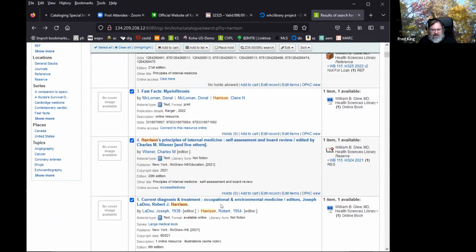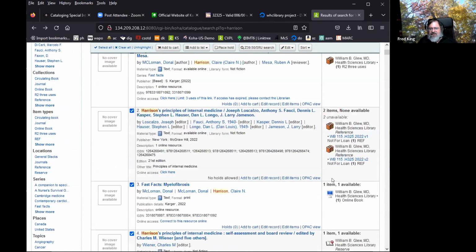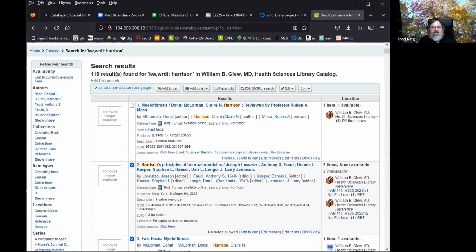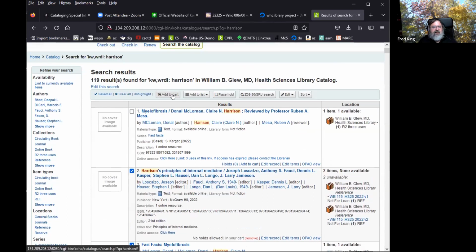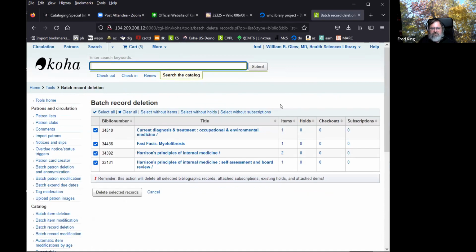The online books don't have barcodes. These do. Okay, so add to cart. I just added 4 items. It says 5 because I deleted something just to make sure it works. Okay. Select all. Batch delete.